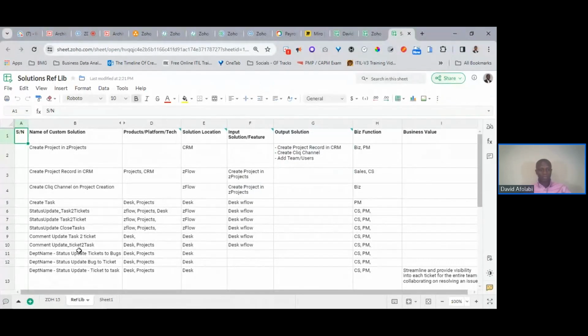Okay, so here I remember that I wanted to show how to manage multiple growing solutions architectures for productivity's sake. I have developed quite a number of solutions, different ones sitting across different products or platforms. In order to help manage and remember from a high level what each solution is, and whether the solution I'm working on is likely to have any existing solution, I use what I call the solution reference library